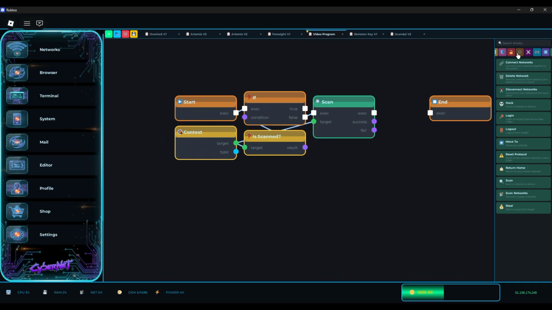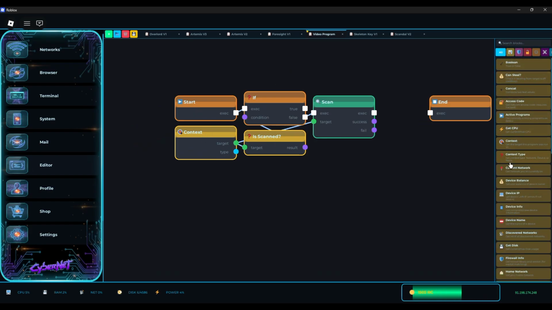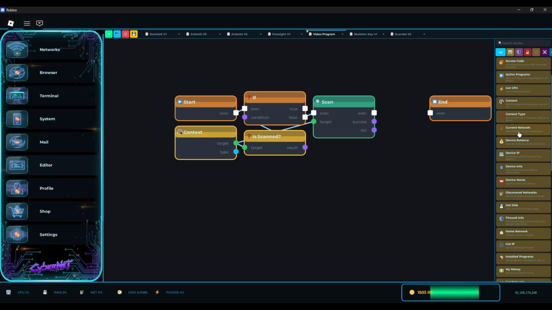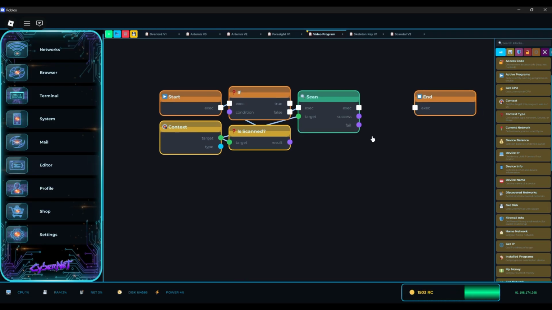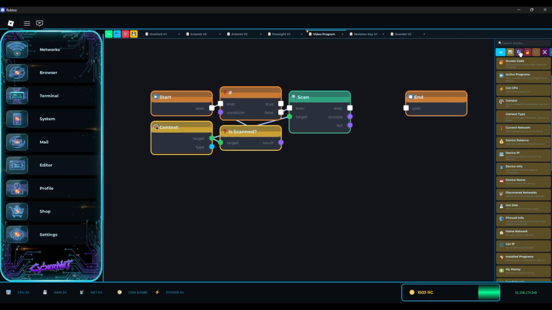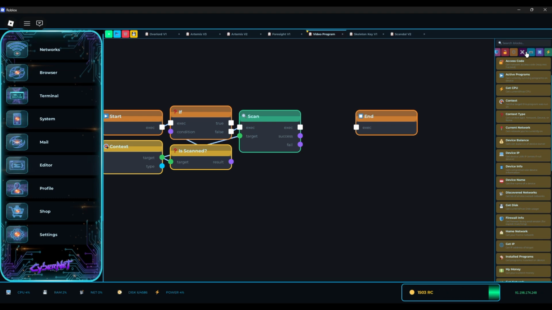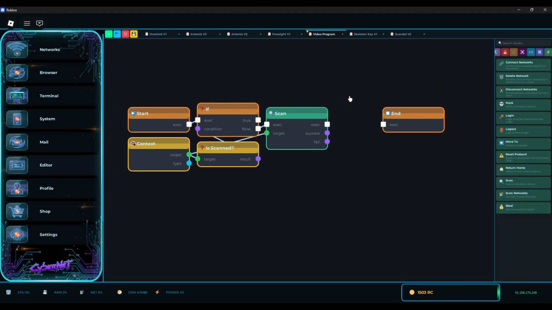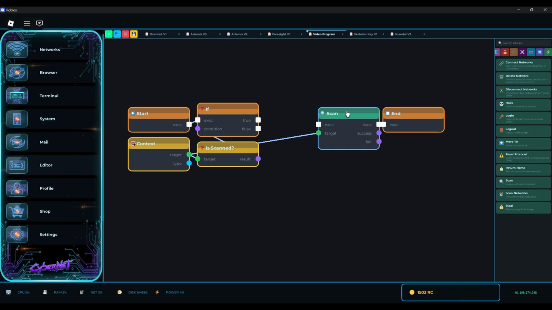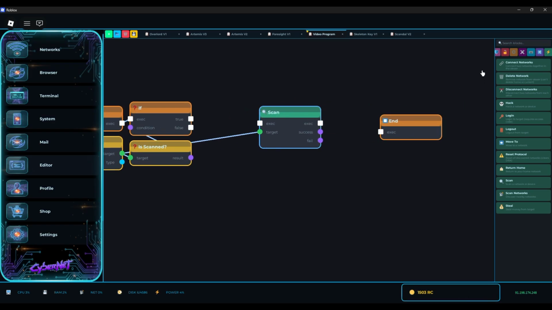Actually, hold on. Is there a better, let's see, current network? No, that's when you move to it. Okay, well. Whatever, yeah, whatever. Context should work just fine. Anyway, so actually no, we're not going to do that. We're going to make a check. We're going to make it automatic. So if this